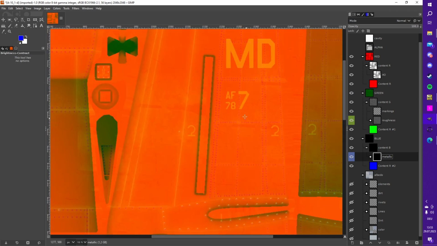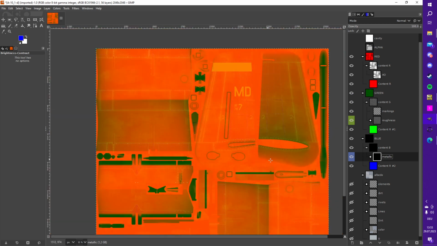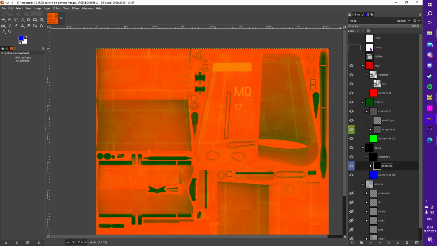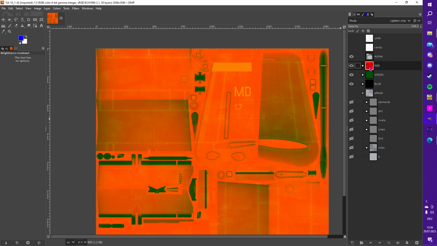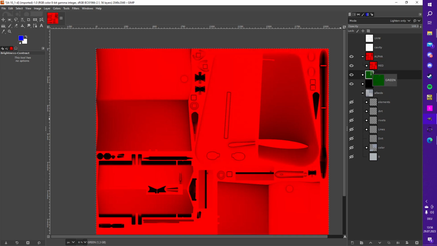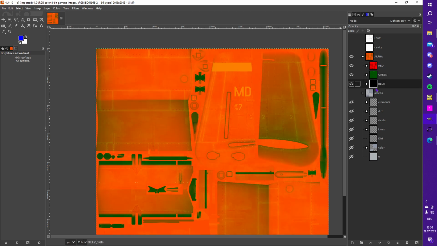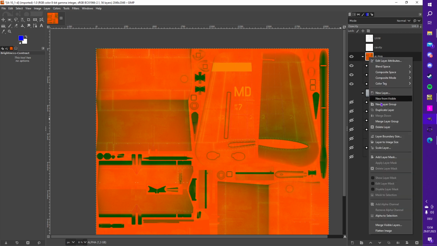So now you would say we are done, right? It looks like a RoughMet. However, you may see this has a cavity, and this is where the alpha comes into play. Now we turn on the alpha, we close the folders beforehand to make it easier. We move the folders into the alpha folder one by one like this, and then we right click alpha, we create a layer mask,